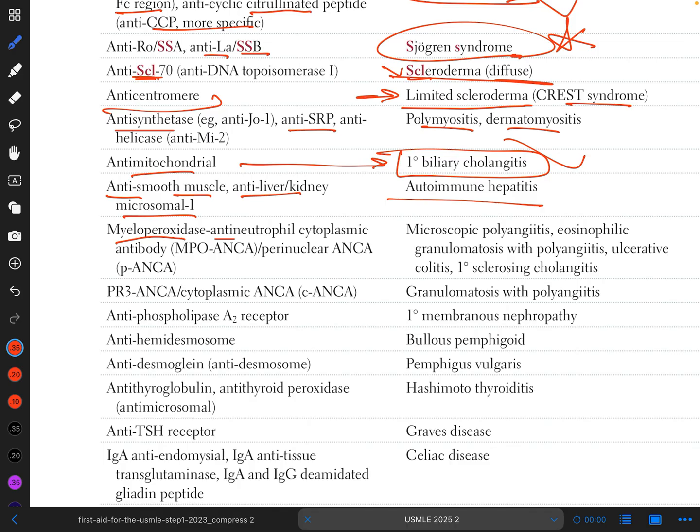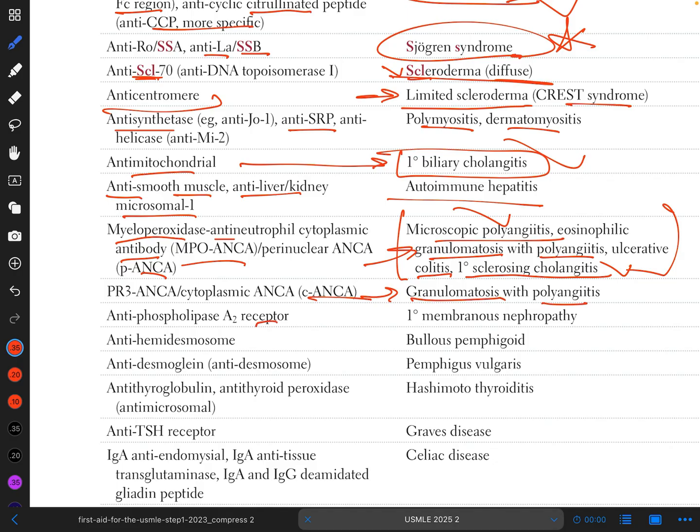Myeloperoxidase anti-neutrophilic cytoplasmic antibodies are associated with microscopic polyangiitis, eosinophilic granulomatosis with polyangiitis, ulcerative colitis and primary sclerosing cholangitis. P-ANCA and C-ANCA are the most common autoantibodies and are related to many diseases. C-ANCA will only be in granulomatosis with